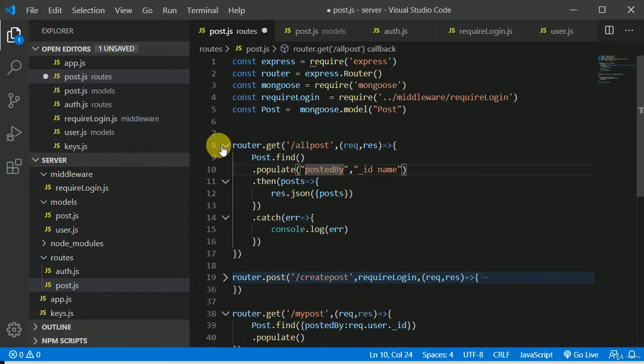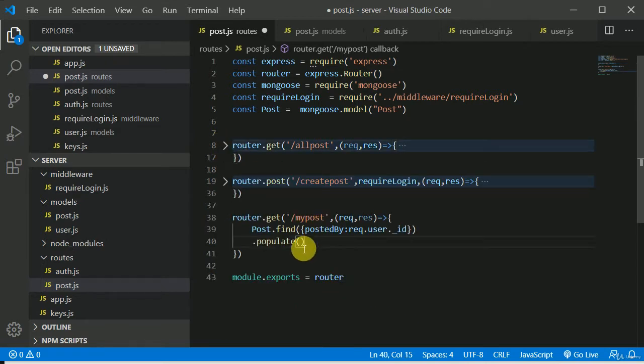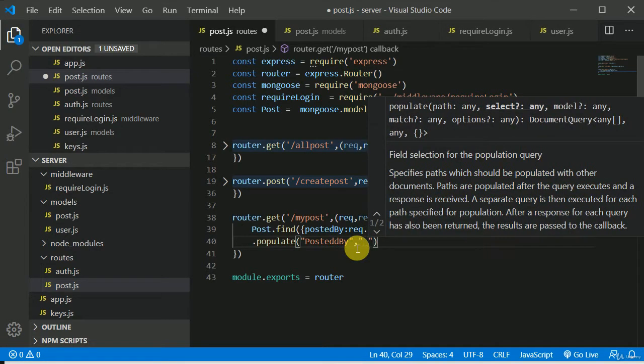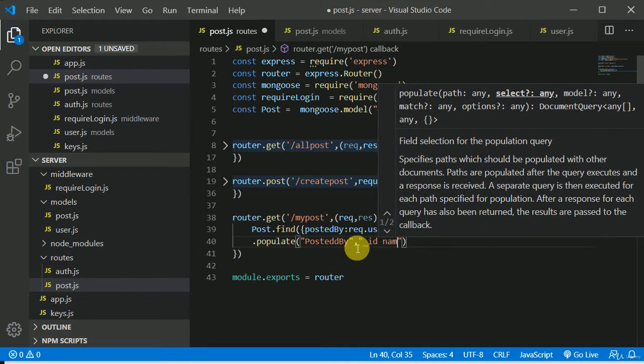So we need to populate that. So we need to populate posted by, and we can select maybe an id and again a name. Okay,